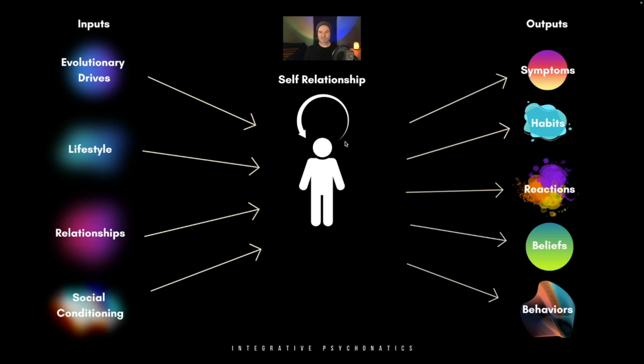And then, your observation about your beliefs or your behaviors or your reactions or habits or symptoms will really massively impact how you feel. What we see a lot, for example, in a self-destructive loop is something like: I have habits and beliefs and behaviors that aren't all that healthy and are disappointing and make me sad and keep me low functioning, but I'm self-aware of that.